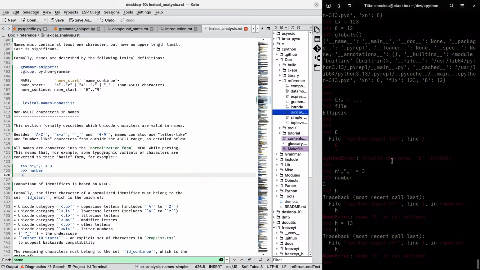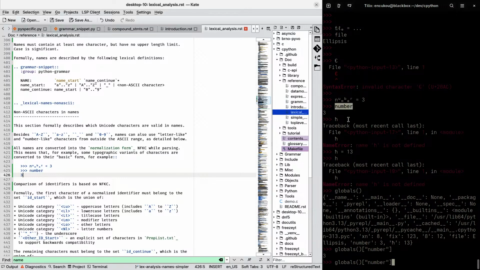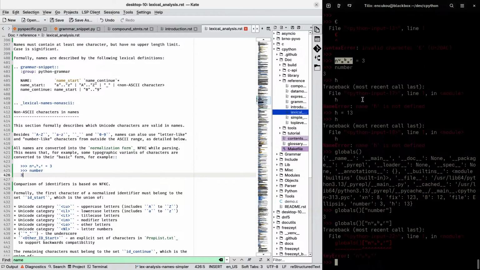And should we then go on that, if you use globals and you try to get the variable from there, that's a string that does not get normalized. That should probably be a note.